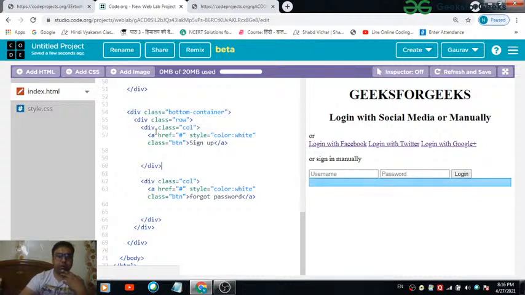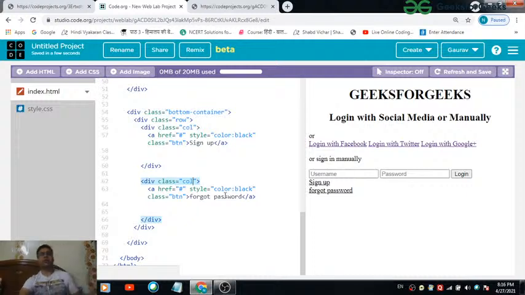Division section. Okay. You know why I'm not able to see this sign up and forgot password? It's just because the color of these text is white. Fine. So if I will make it black, now I will be able to see both the things getting reflected over here on the stage area. So let it be black only for now. Once we are done with defining the required CSS code, we are going to change the color back to white. Fine. Okay, so we are now done with defining the required HTML code,